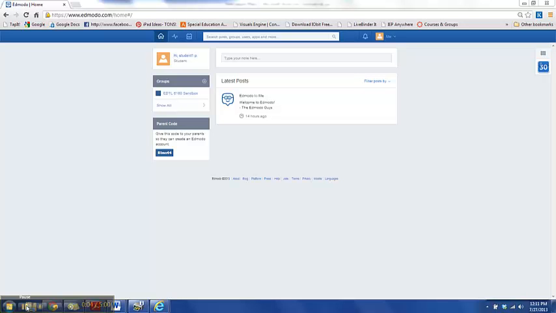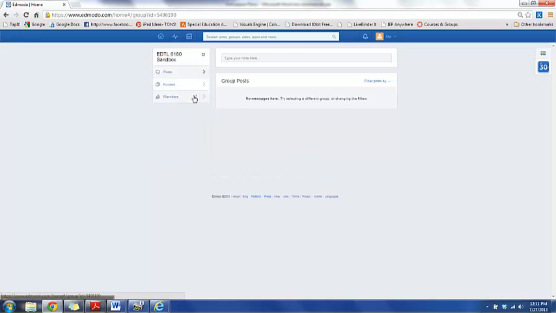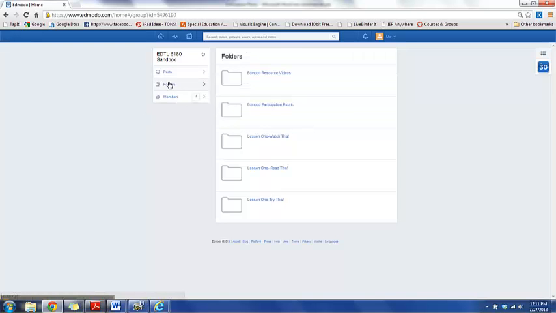Today we'll be looking at the main feature of the course, which will be the folders section of your profile. So this is the dashboard that you'll see once you log into your account. You're going to go to the course, and then you'll see along the side posts, folders, and members. You would want to hit folders, and then within this section there's different folders that will have different activities within